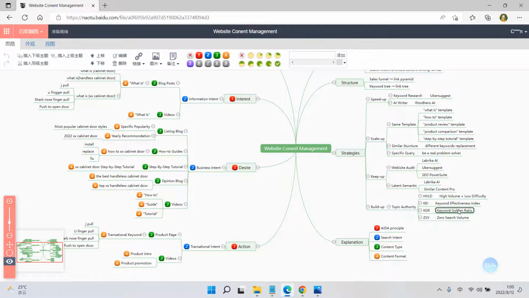I think for the long tail keywords, we still have some work to do. Maybe we use a keyword tool like Ubersuggest. Everyone is using the keyword tool and they want to pick keywords with high search volume and low competition. Okay, we use it, but I want to know whether